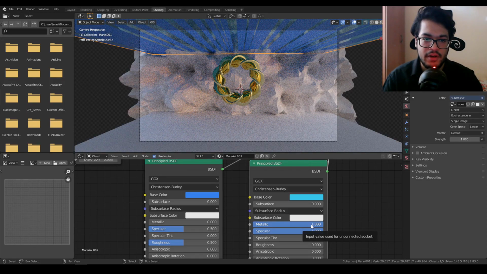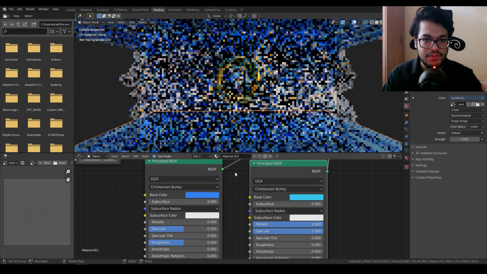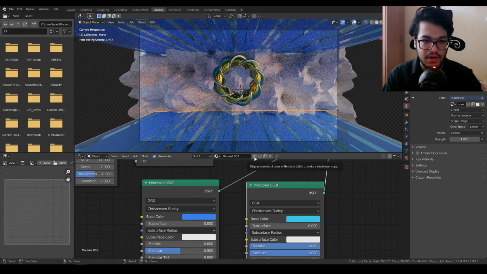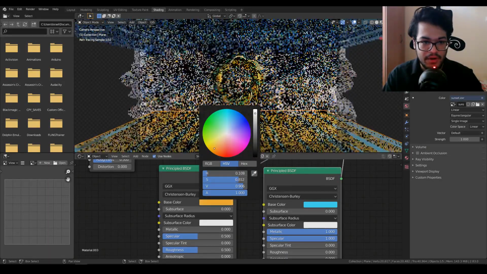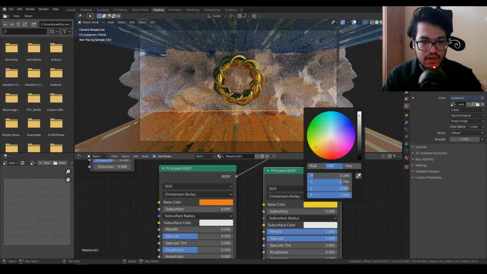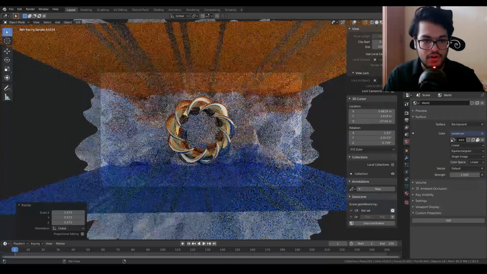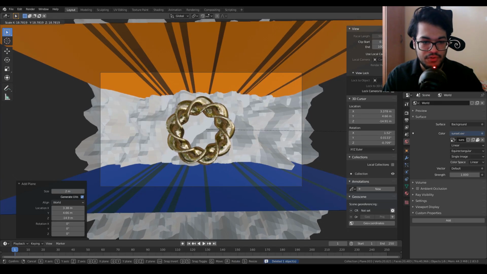Now we'll work on the materials of the bottom plane. So select the bottom plane and I'm going to give it the same material that our top plane has. So just select the same material and press this 2 button to make it an original material. So now this material is a single user material, so you can change the colors and just change it to a different color. I prefer an orange color, so just change it to that. Okay, so after some tweaking around, I get this result. Now I inverted the bottom plane and the top plane, so I just interchanged their positions.